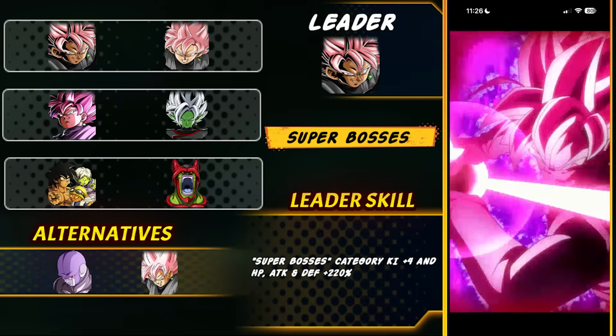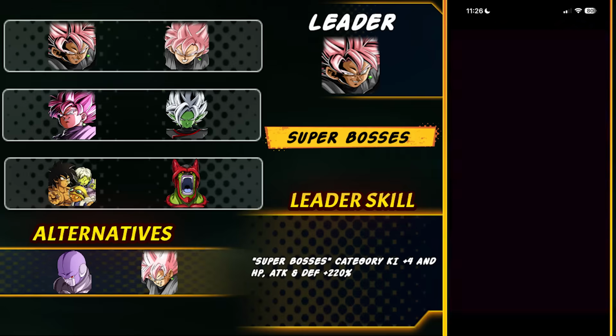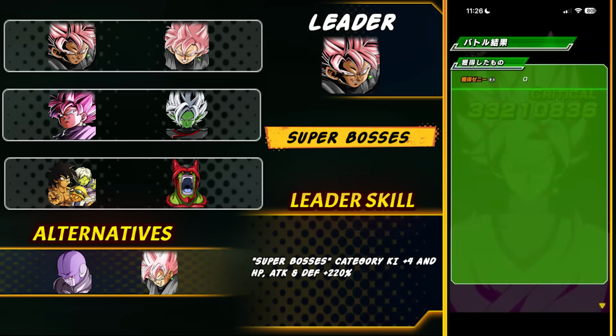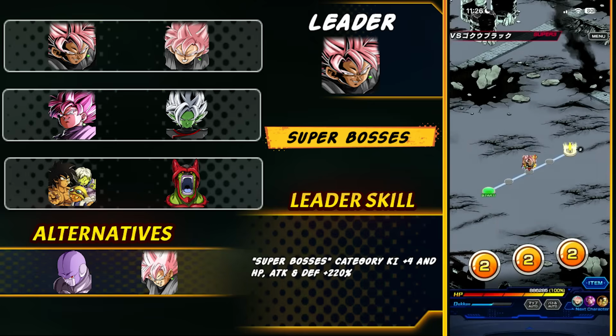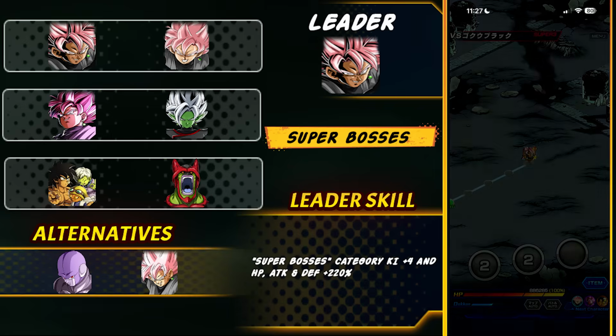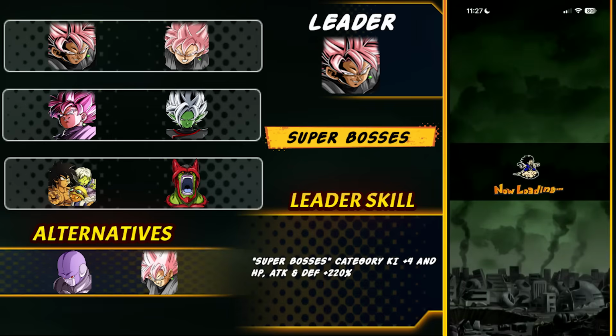Still think he's really good. Not really good, but I still think he's good. But you can definitely work your way around some other Super Boss characters if you want. When it comes to other characters I could run, I would recommend Hit or Physical Rose, AGL Broly, Tech Merge Zamasu. You have a decent bit of options, but Super Boss is definitely one of the more fun teams in the game right now,